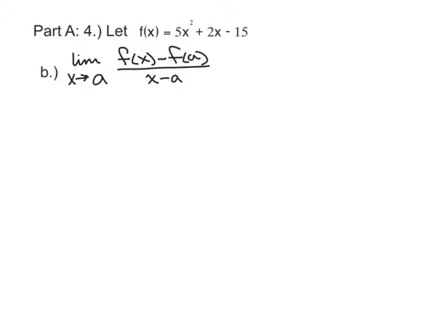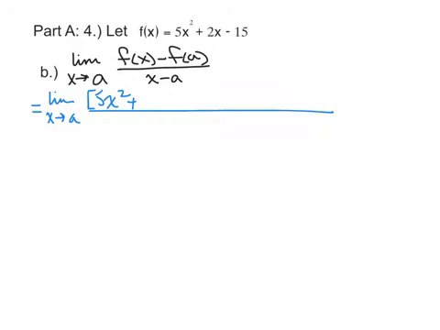A very similar problem is going to be the limit as x approaches a of f of x minus f of a all over x minus a. And our first step, again, we haven't taken the limit, so keep the limit around as x approaches a. But our first step is going to be to substitute. f of x is going to be 5x squared plus 2x minus 15. And from that, we're going to subtract f of a, which is 5a squared plus 2a minus 15,